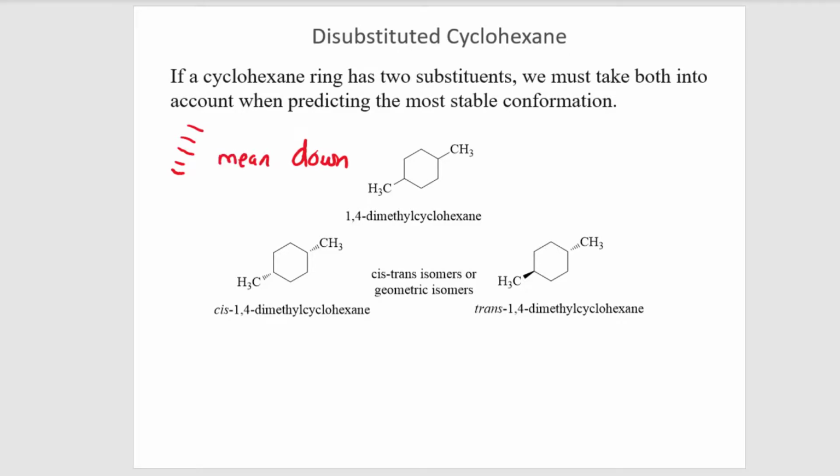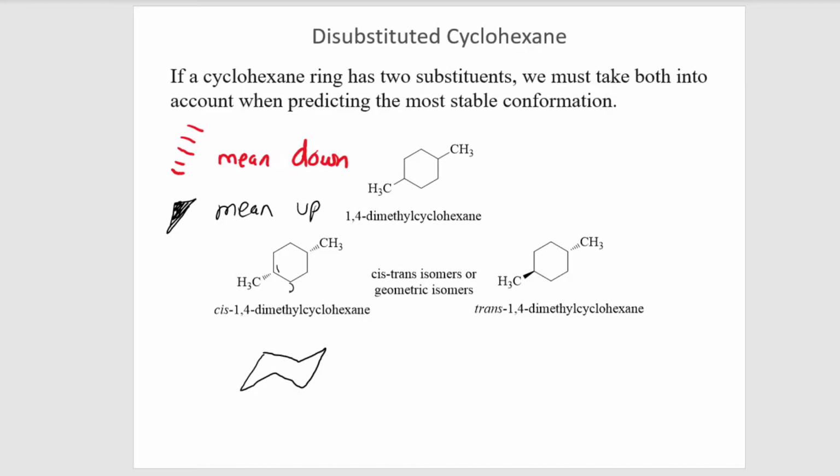It'll help you when you're trying to draw a cyclopropane or cyclohexane ring. When you have a wedge, I want that to mean up or towards you. So that means when you're drawing cis-1,4-dimethylcyclohexane, and they've drawn cis as shown,